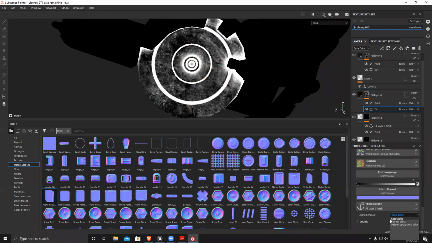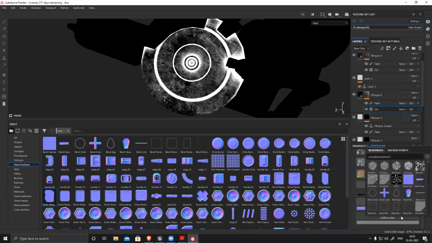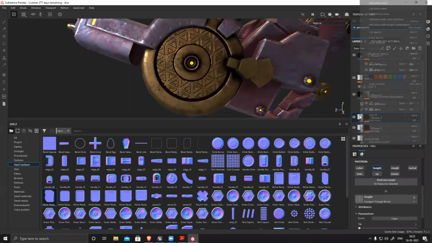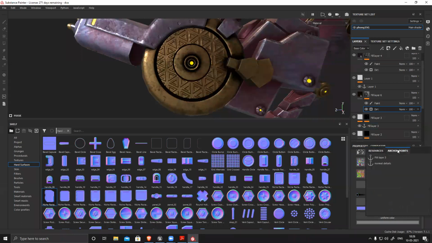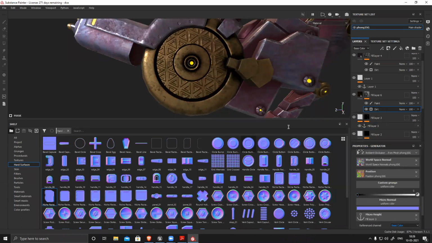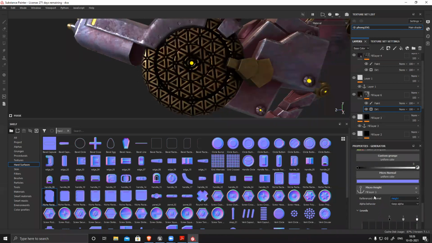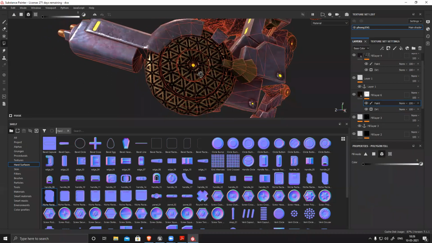But you can see there is no option. So what I have to do is undo it. Anchor point here only. It should work perfectly. Height. So it will generate this, and the rest of the part I have to mask out with the help of this.